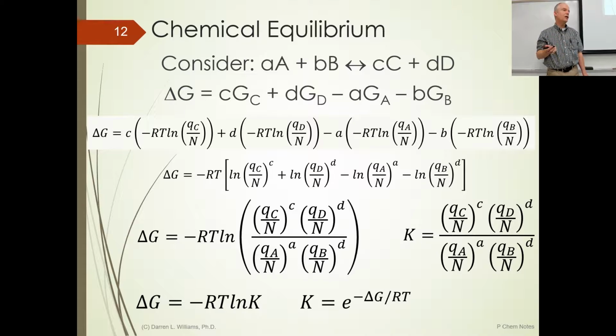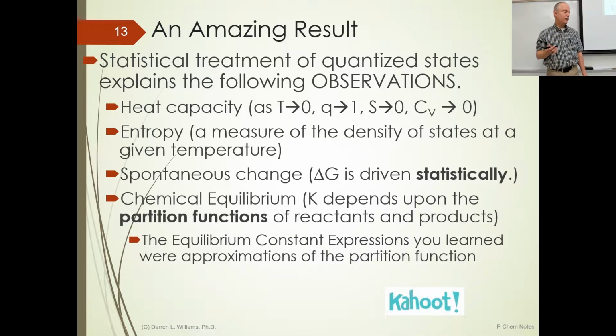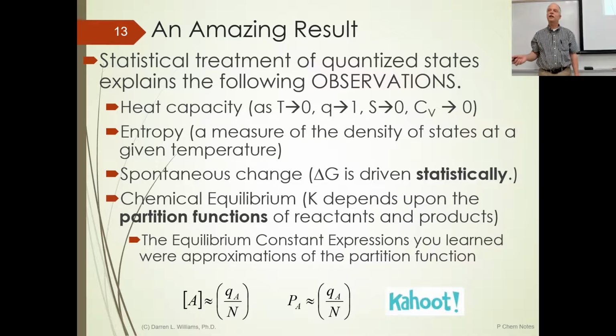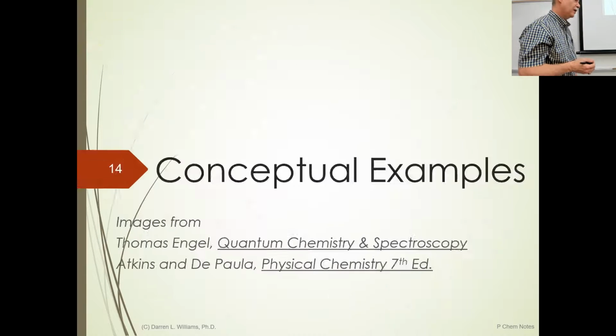So what we've been using all along in terms of our equilibrium constants have been concentrations or partial pressures. But those were approximations of the partition function. You know, sometimes, like for ionic strength and so on, your concentrations aren't exactly right. They're not giving you the right answer for equilibrium. Why is that? It's because the assumption that they're actually representing the partition function starts to break down. But for dilute solutions, or if we define it as, say, 1 molar solutions or what have you, they'll hold. But we're really approximating the partition function when we use concentration or partial pressures. So that's a pretty cool result.